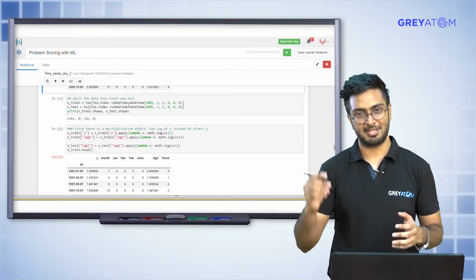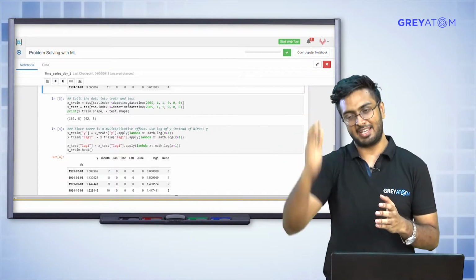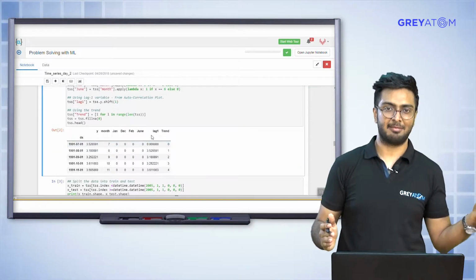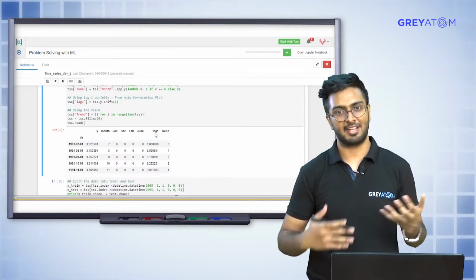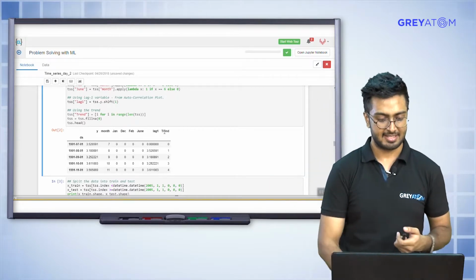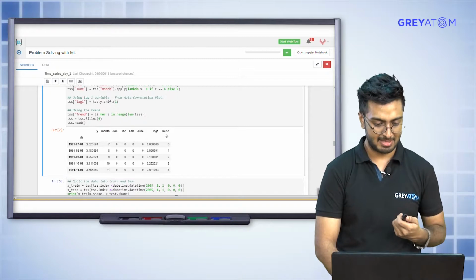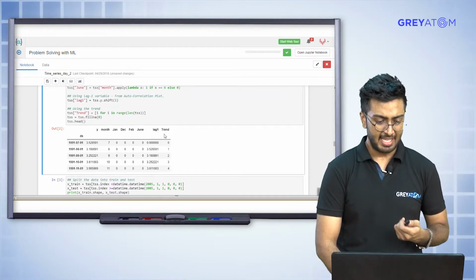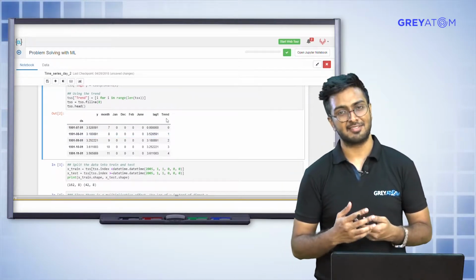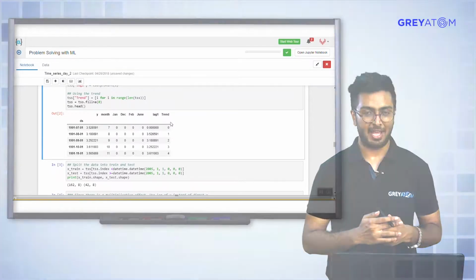In time series, you're basically going to look at the data and take a threshold. Everything before that date is basically your training, and everything post that date is test. So that's one major difference. And now the other major difference is basically, in case of time series prediction, you